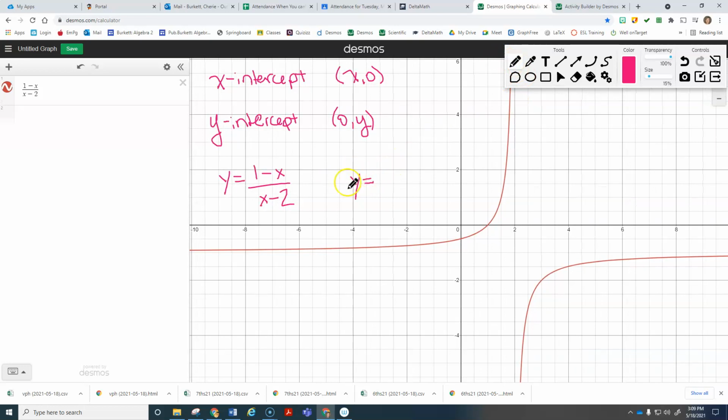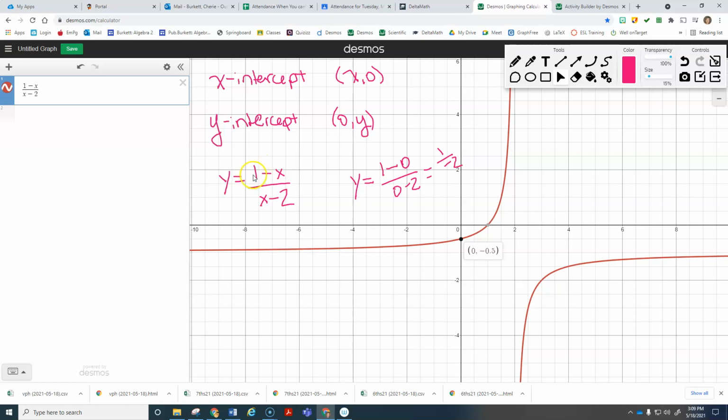So the y value for the y-intercept is going to be 1 minus 0 over 0 minus 2. And then you simplify, you end up with -1/2. And yes, you'll do that every time. I believe in her video, Professor Trevino says pay attention to your constants, and that's going to be what your y-intercept is. So if I were working this problem, I wouldn't necessarily need to do this step right here, because